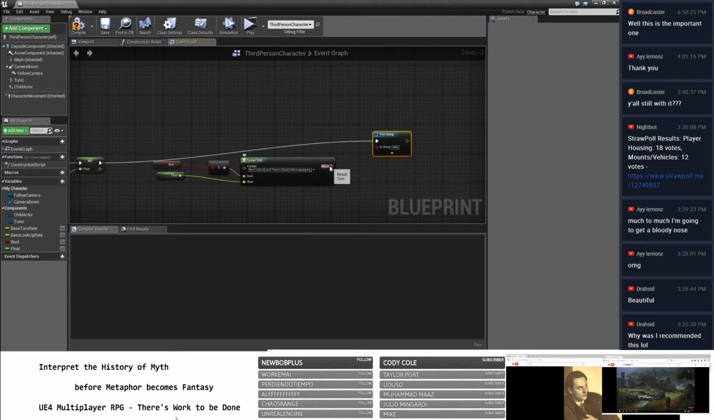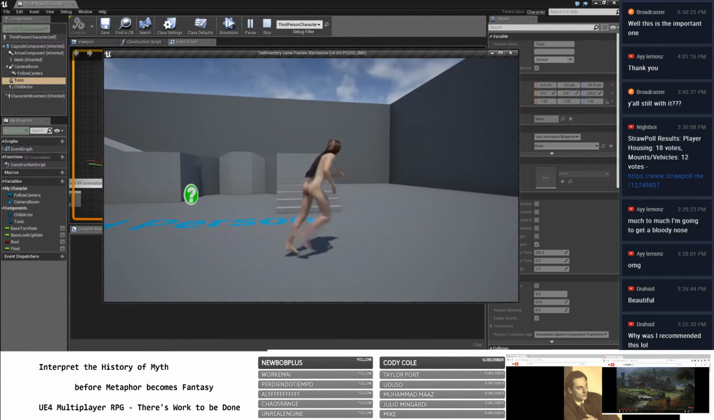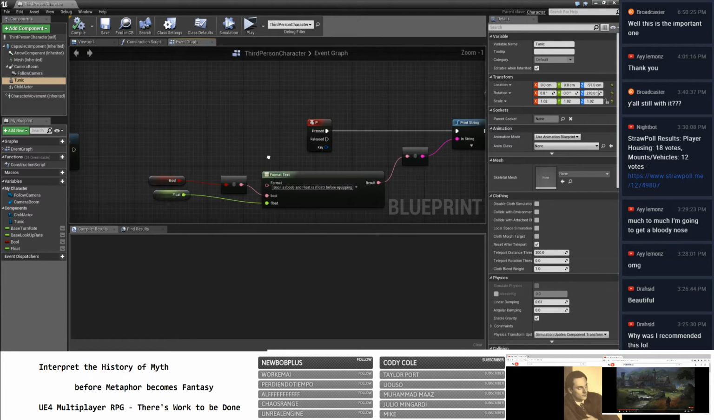Okay, cool. After equipping. Okay. Now, since tunic is blank here, when you're playing, you're naked. Okay. Let's